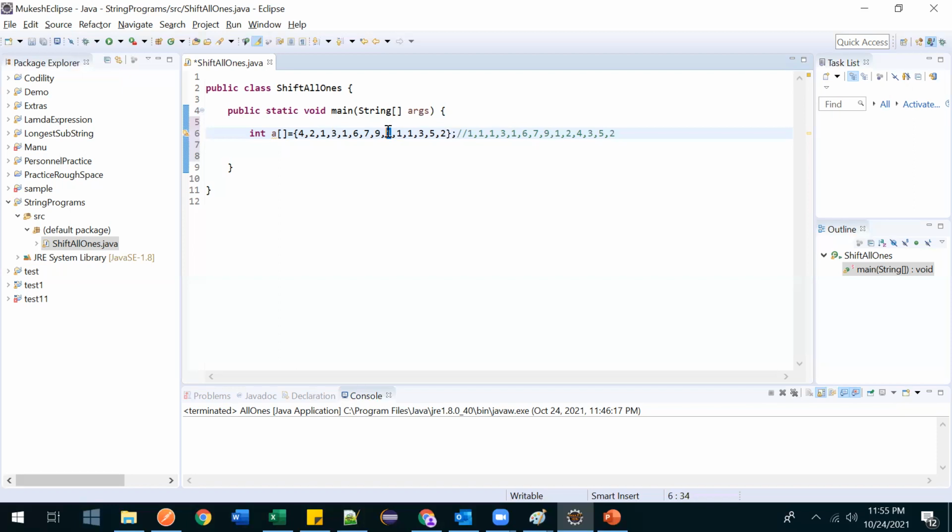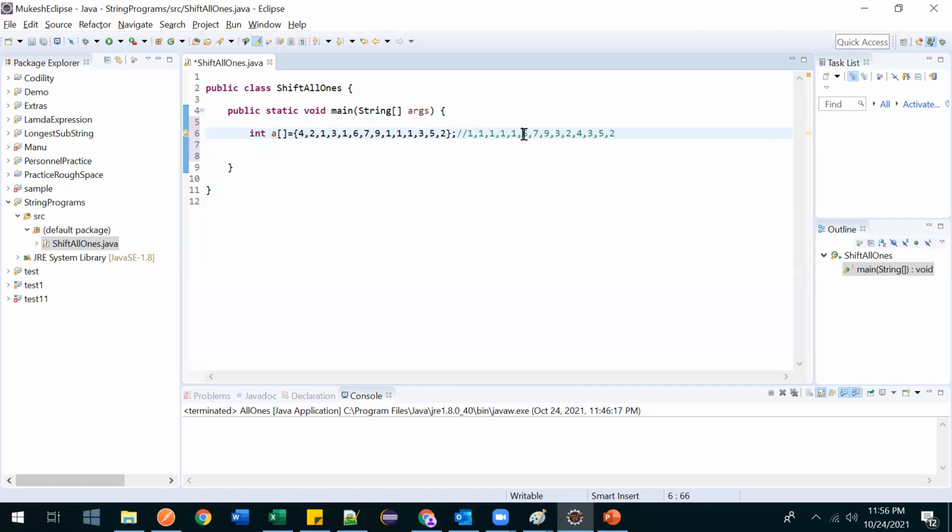So here at j we found 1, and here at i also we found 1, and we need all ones on the left-hand side. So whenever it is 1, we will just go to the next one. We will not do any exchange. The next one is 3 and j was pointing here, so in this case it will get exchanged with 3. Instead of 3, 1 will come, and instead of 1, 3 will come.